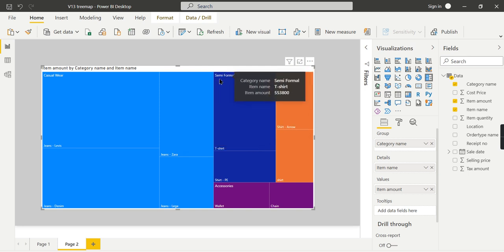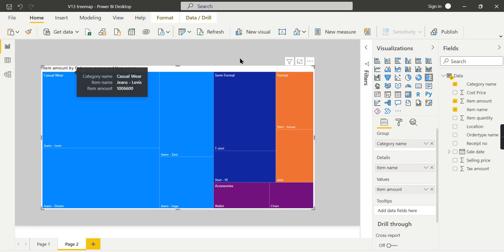You can also see under semi-formal, that category will appear at the top, that is the group, and the details of each item will appear as labels at the bottom. So now within each category you can compare the results. You can see the jeans Zara is similar to semi-formal, almost the same proportion, whereas among all the items the jeans Levi's is the highest.